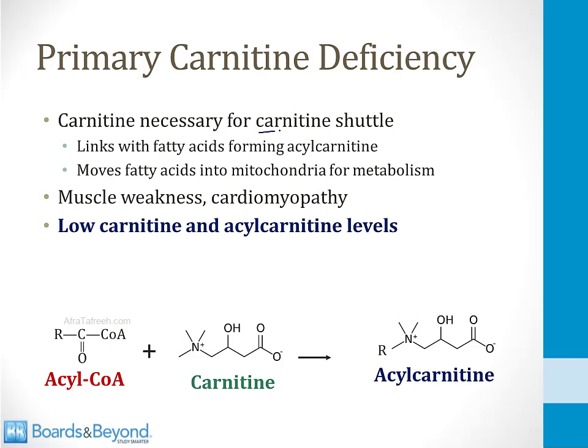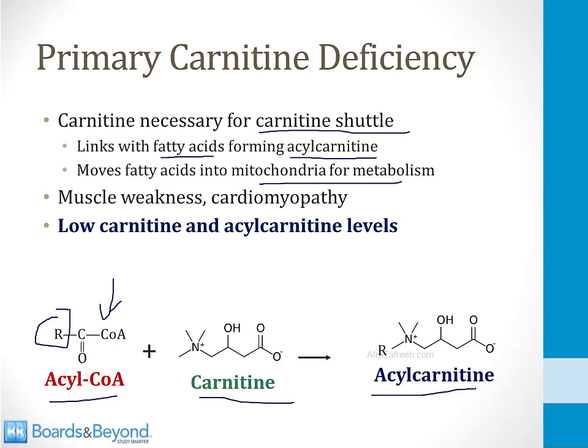So carnitine is necessary for the carnitine shuttle, which is an important element of fatty acid metabolism. Carnitine links together with fatty acids to form structures called acylcarnitines, and these move fatty acids into the mitochondria for metabolism. So if you look at the bottom left side of the screen, I've shown the structure here of acyl-CoA. So acyl-CoA is a long hydrocarbon linked to coenzyme A. So the R here is a hydrocarbon that came from a fatty acid. Maybe it's 5 carbons or 10 or 15 or even more, and it's been linked to a CoA to form a structure called an acyl-CoA. Acyl-CoAs are linked up with carnitine to form acylcarnitines, and these are the structures that move into the mitochondria for